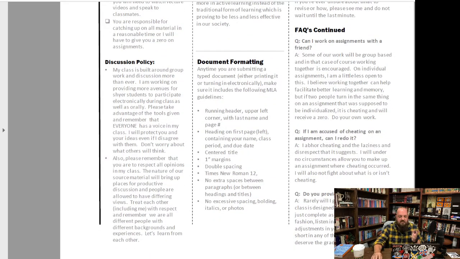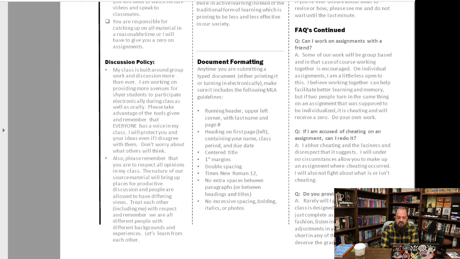Discussion policy. Now, my discussion policy is very simple. My class is built around how much people want to discuss. The best classes are the ones where you guys talk not just to me but to each other, and you're not just answering with very simplified one-sentence statements. You're asking questions, and one of the students asks a question and another student raises their hand and says, Mr. Morris, can I answer that? I mean, that's the way classes should be. It shouldn't be Mr. Morris asks a question and the whole entire class says one brief sentence, okay? That's not effective, okay?